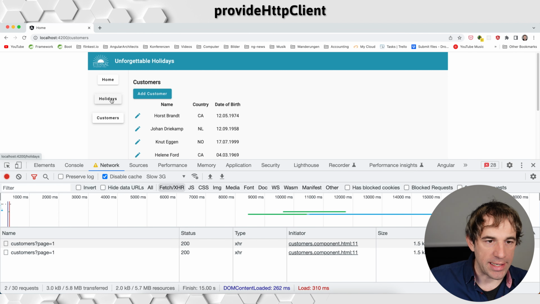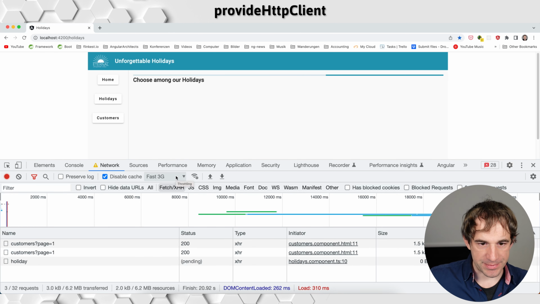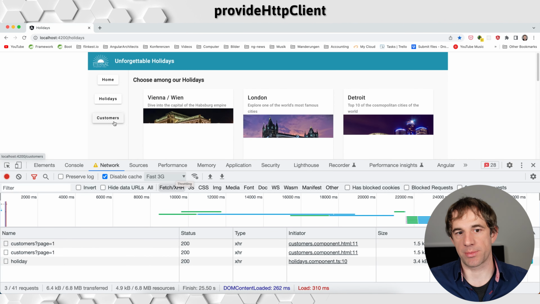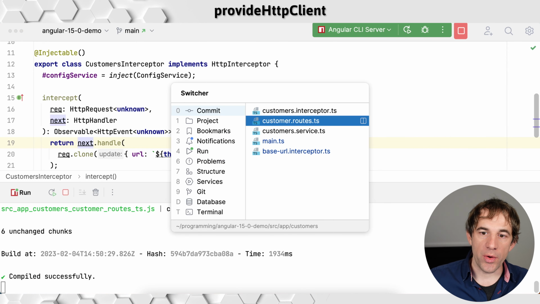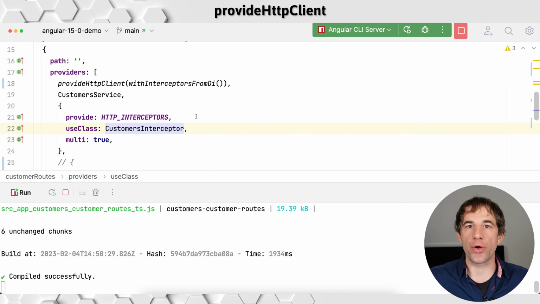In comparison, when I click on holidays, well, it needs to be lazy loaded. Takes some time. Yeah, you see the progress bar is there. So for that it's working, but not for customers anymore. Right. The way what you can do now with the new features is that you can kind of connect the